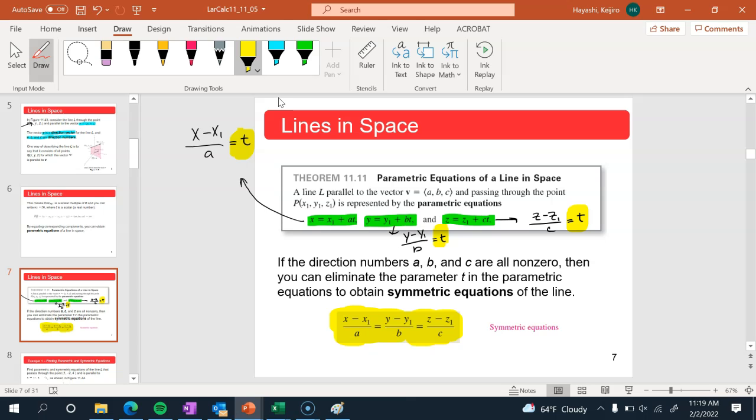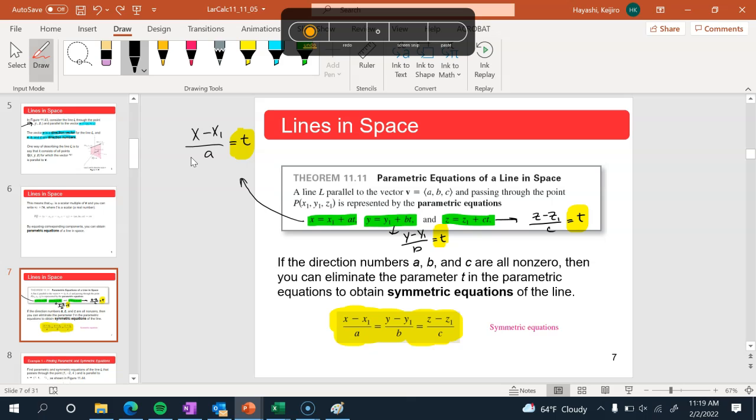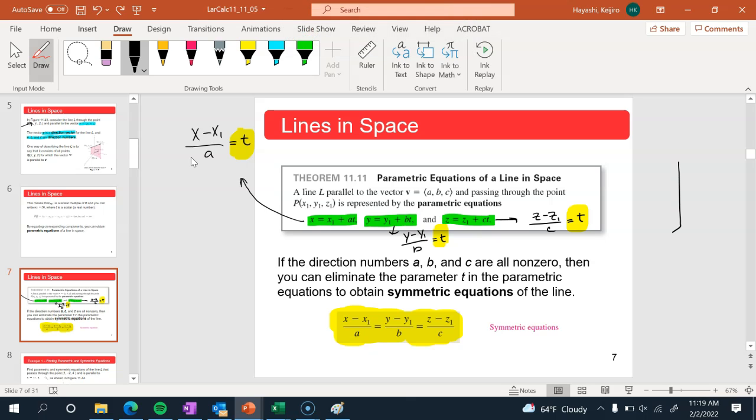Yes. Like what A, B, and C, and T represent. Oh, so let me try drawing something in space. Okay. Here's x, here's y, here's z. Okay. It'll be hard to get a perspective on this, but